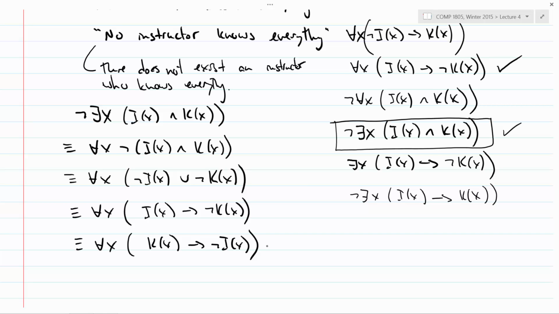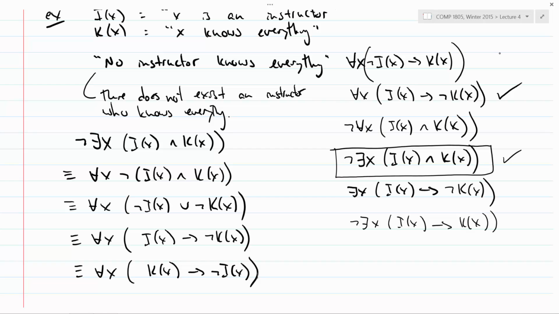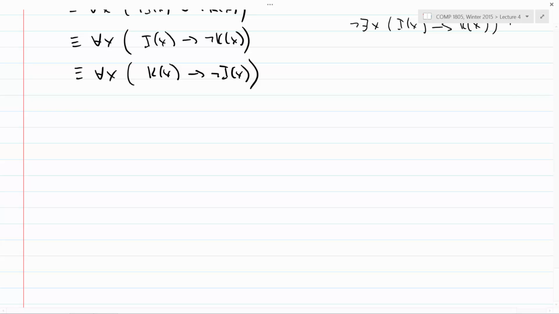All right. So there's lots of different ways you can think of translating these. Any one of these answers here on the left would be perfectly valid. The other ones here, not so much. All right. The next thing we need to notice is that you are allowed to have multiple quantifiers.